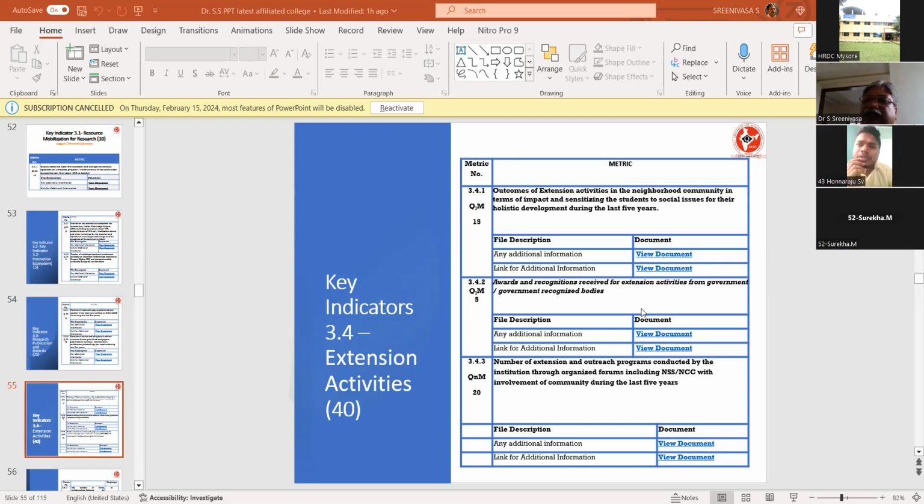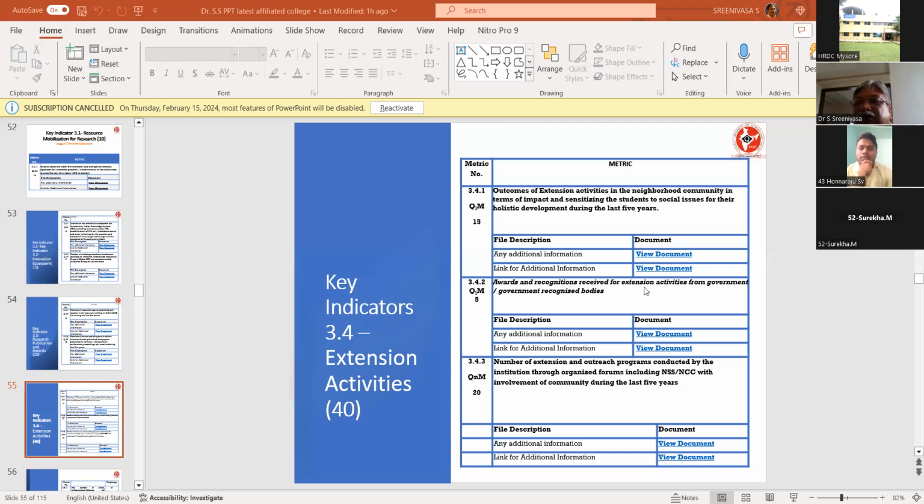Sir, what is the difference between ISSN and ISBN? Sir, for journals, an ISSN number will be there. For books, it is an ISBN number. Okay, each journal will have an ISSN number, and for books, ISBN. And if you want to publish a book, you can write to the ISBN organization to get the ISBN number. They will give the number, and in your book you can put that number. Okay, that is the procedure you have to follow.